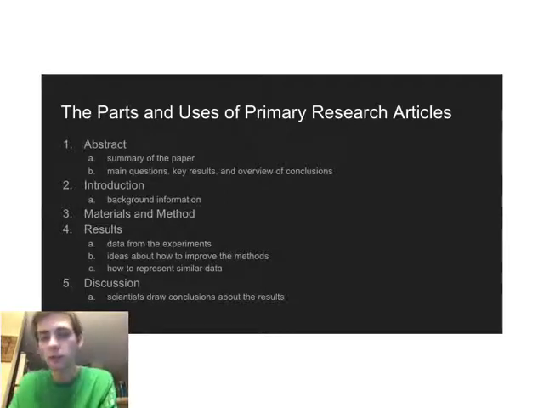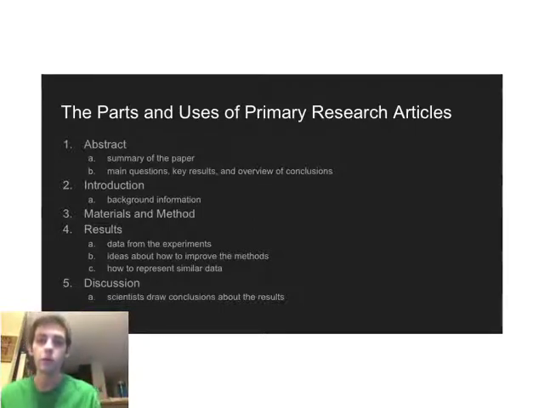So this slide's probably the most important slide, where I'm going to give you most of the specifics for the primary cilium additional focus area. Most papers are broken down into 5 general parts, and some of these parts may be longer or expanded upon. But I want to quickly go over these different parts. The first is that every paper is going to have an abstract, and an abstract is pretty much the summary of a paper. Here you're typically going to find the main questions of the article, the key results, so the most important results from the experiment, and a very brief overview of the authors' or scientists'